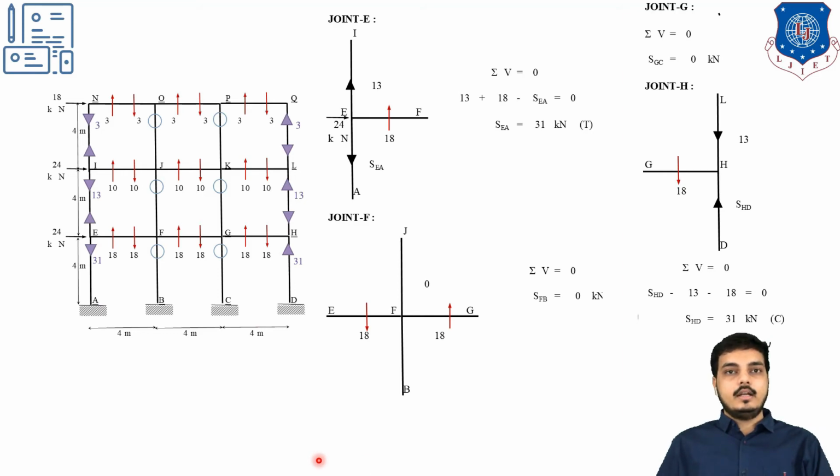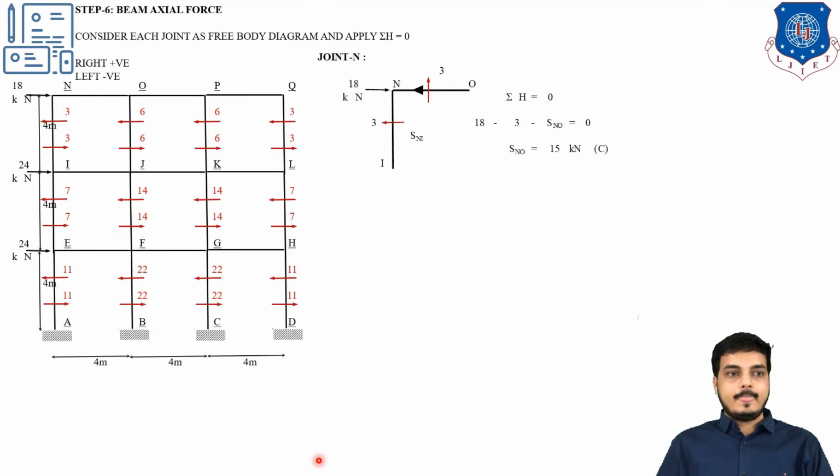So now after calculating column axial forces, we will be finding out beam axial forces, just similar to the previous step, but right now over here we will be considering summation of H equals to 0, in which column shear will be considered. Let me show you one. Now this is my end I portion, my end I and O member. Now this will also come because it is a horizontal loop. So summation of H equals to 0.